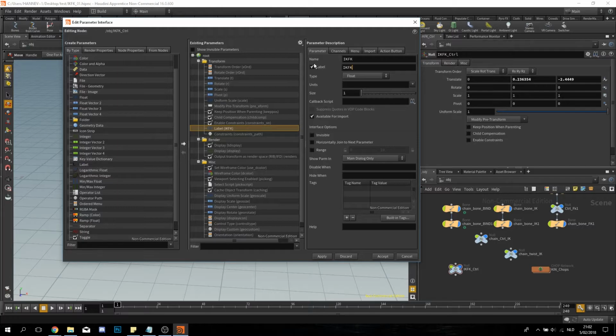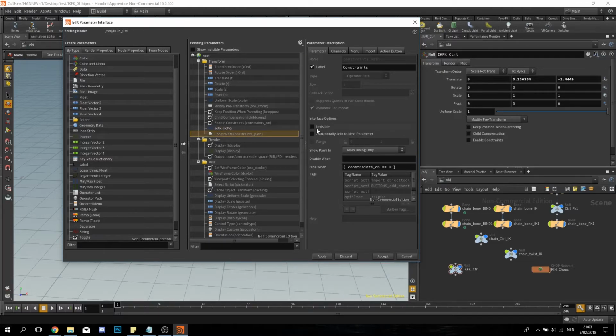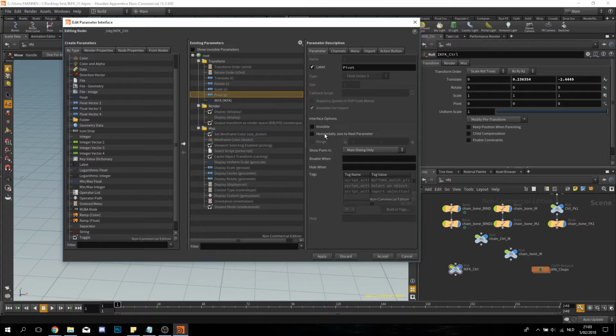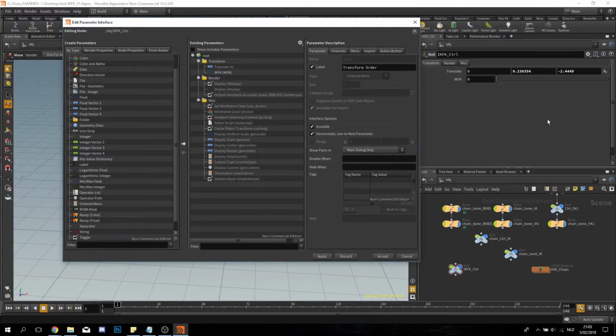We're gonna set the range from 0 to 1. We're also gonna lock it. And now to make it more readable, I'm also gonna hide everything I don't need in this controller. And press accept. And now we can see it all moved.